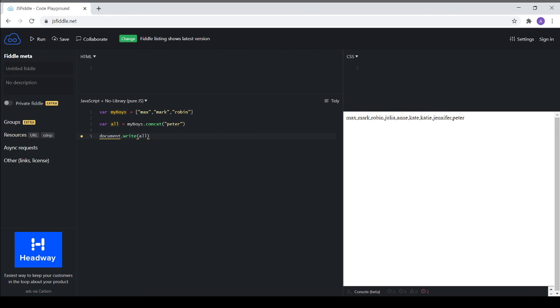You can do push, right? Or you can take the length, or sorry, it's just the length directly. Those are the 2 different ways you've already seen in the previous videos on how to add more values to an array. And then this is another way. So now you'll get Max, Mark, Robin, and Peter because you've added another value called Peter by concatenating it,